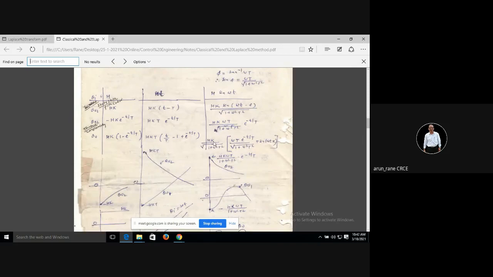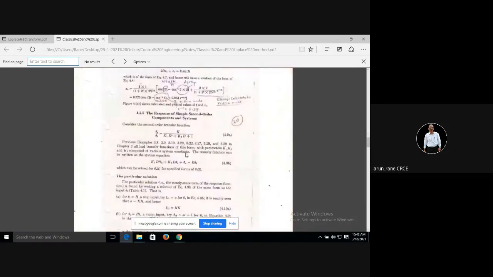So h you know, k you know, omega you know, T you know, everything you know, and phi also you know from this equation. Phi is equal to tan inverse of omega T. So now the only variable is small t, correct? So you have to plot the graph now for various values of small t, and you can get the output. So we did it like this.